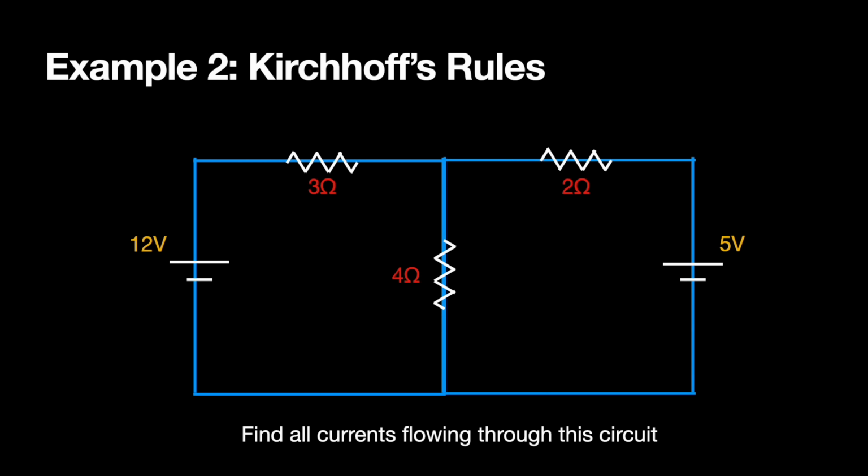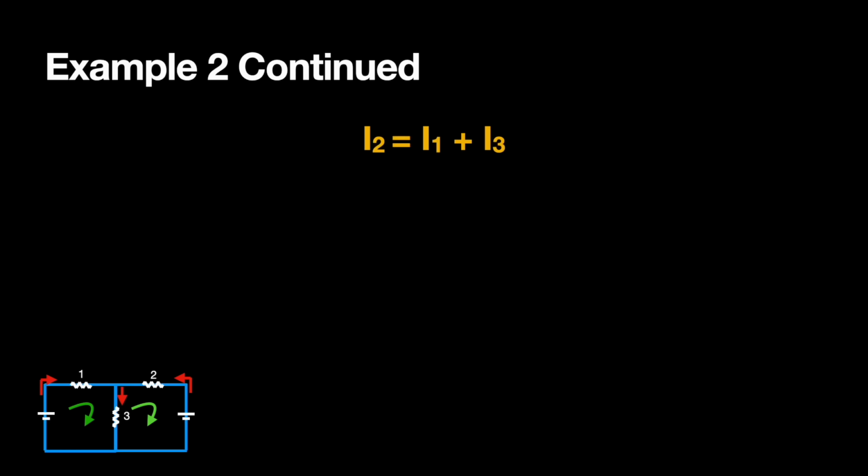Let's find all the currents flowing through this circuit. Well, we have the current coming from the battery, and since there's a junction, it must split into I2 and I3, which you can draw going towards or away from the battery. Now, the next thing we need to do after we have one equation is find two more, as we have